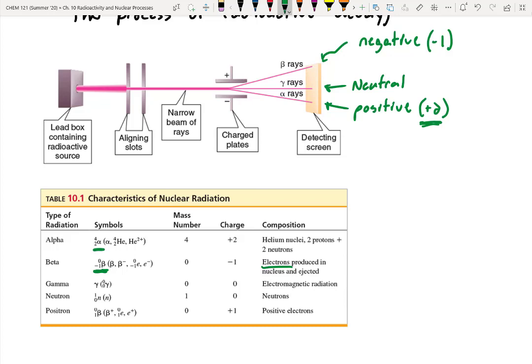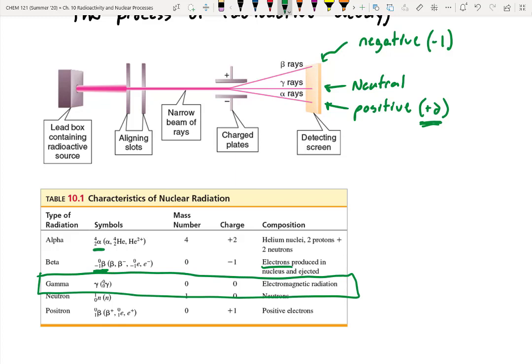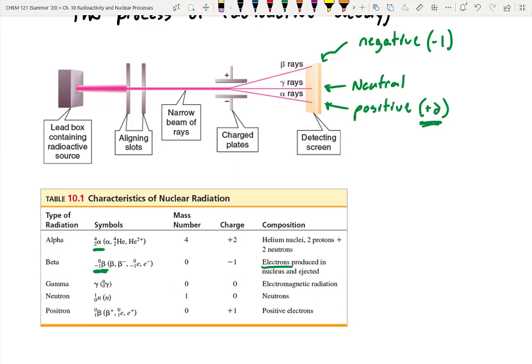And then if we think about gamma particles next, right? So gamma particles down here, they're just pure electromagnetic radiation, meaning they don't have mass, right? It's just like a high energy X-ray coming out of a radioactive substance. All right, and then the two types that they didn't check for or couldn't see in this initial experiment were